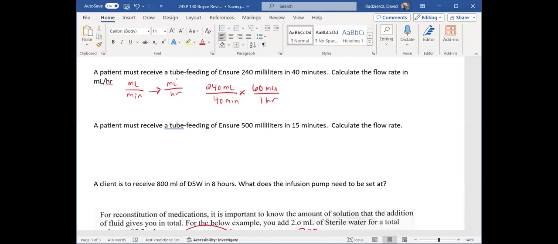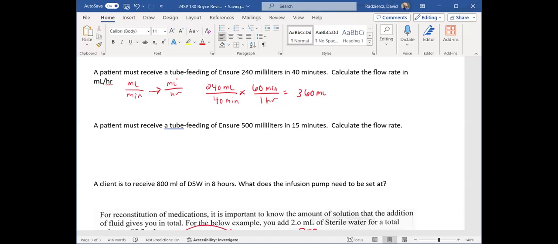Then you're going to take into your calculator 240 times 60 divided by 40, and you're going to get an answer of